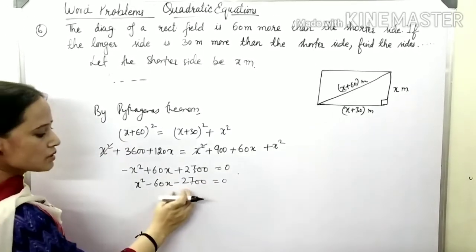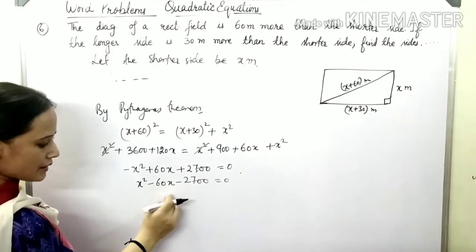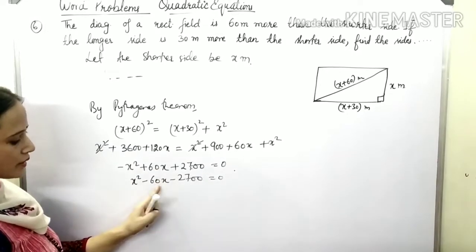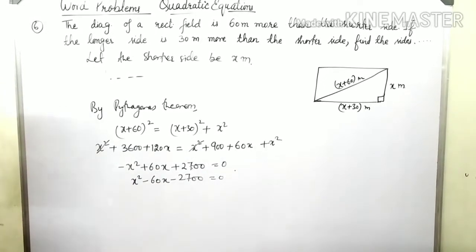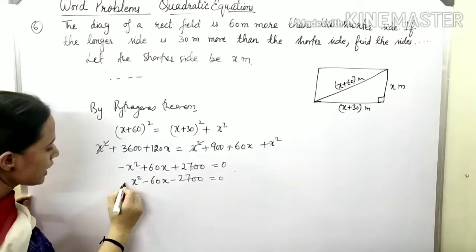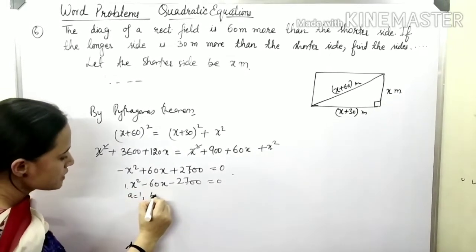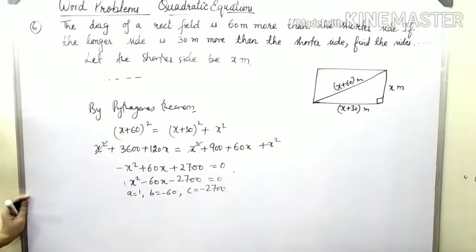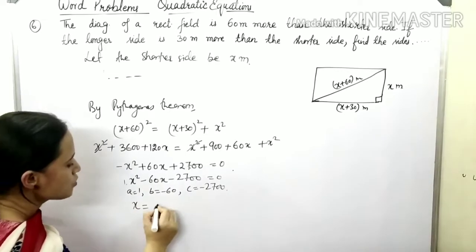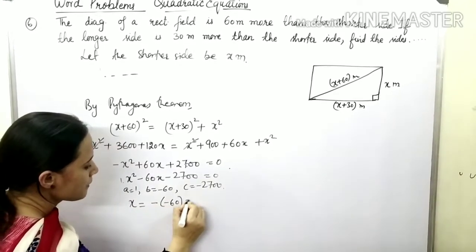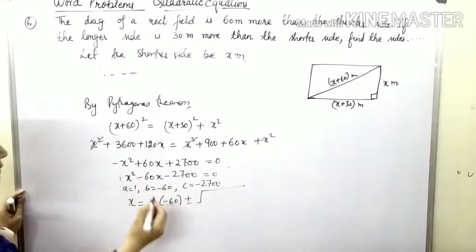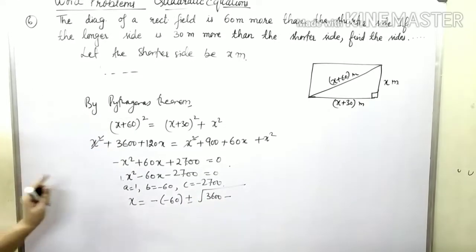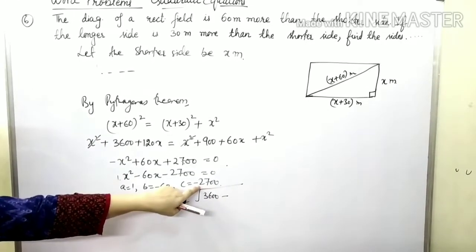After this, you can use the splitting the middle term method to factorize the equation, or if you are not able to find the factors of 2700 to get 60, you can use the quadratic formula also. So I am using the quadratic formula. We know that here a is equal to 1, b is equal to minus 60 and c is equal to minus 2700. Okay, so the formula is x is equal to minus b plus minus under root b square minus 4ac. b square is minus 60 whole square, that is 3600, minus 4 into 2700 is going to give you